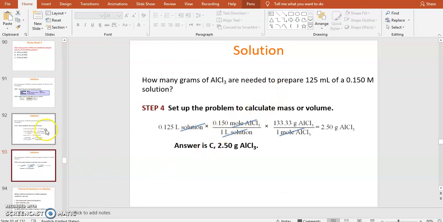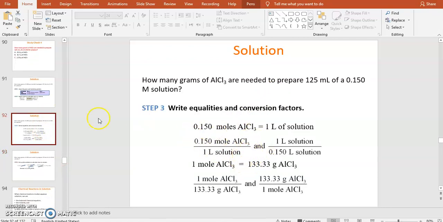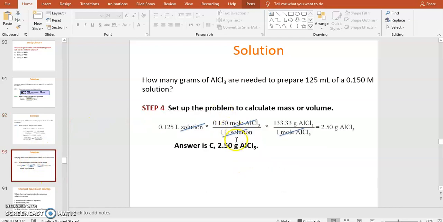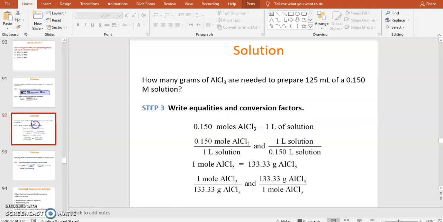So this is the first conversion factor here, and then we will stop here, and then we will find out the moles of solution. And then the second step is to get the grams of the AlCl3. To get the grams, we have to have the mass number and add them together to find the molar mass, and then we have an equality like this, and then 2 conversion factors. For the same concept,